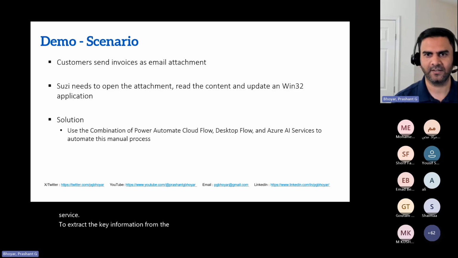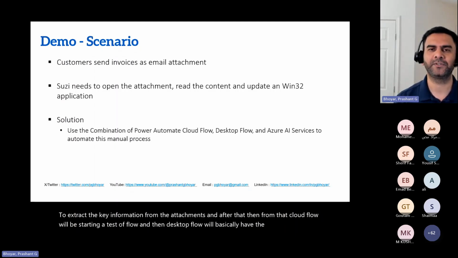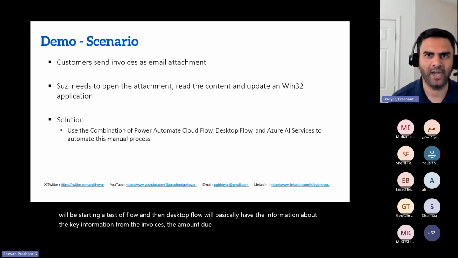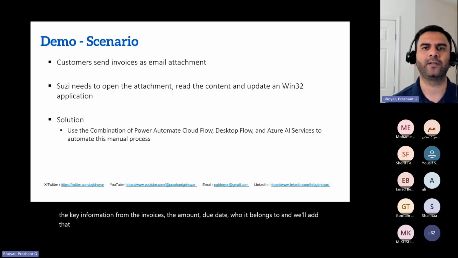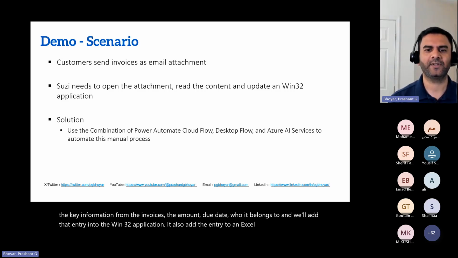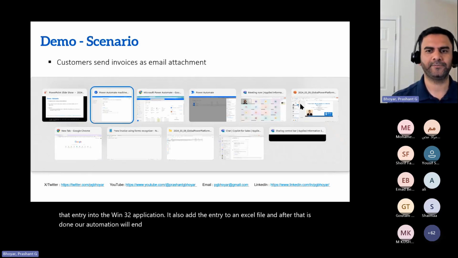After that, the cloud flow will start a desktop flow. The desktop flow will have the key information from the invoices, the amount, the due date, who it belongs to, and will add that entry into the Win32 application. It also adds the entry to an Excel file. And after that is done, our automation will end. So for that,